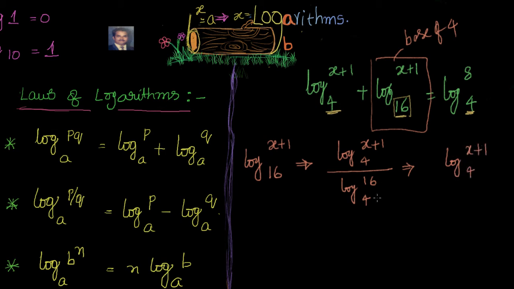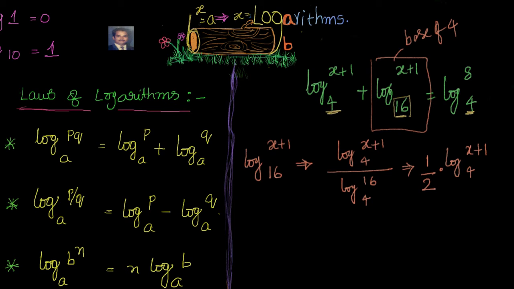And if you simplify this, it becomes log of 4 square to the base 4. That's nothing but 1 by 2. You want to check that? 4 square, this is nothing but in this form. So I can write 2 log 4 to the base 4. That's nothing but 1. So that's nothing but 2, so 1 by 2 into this.